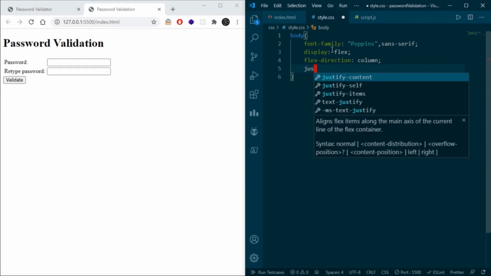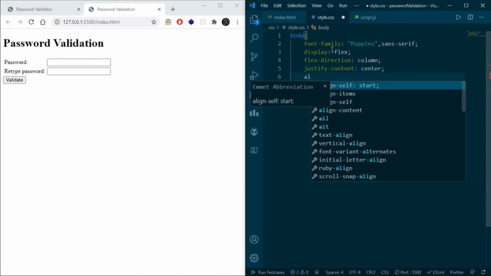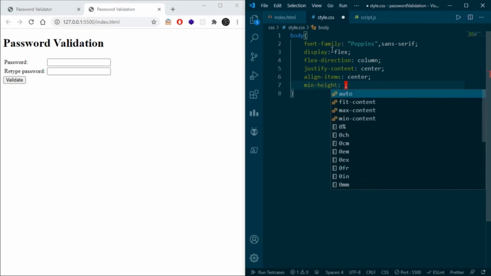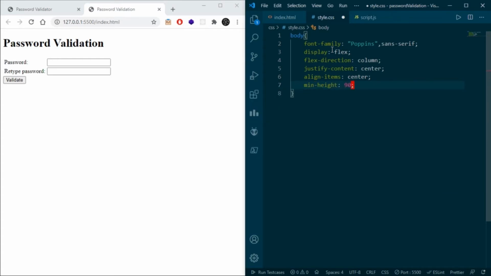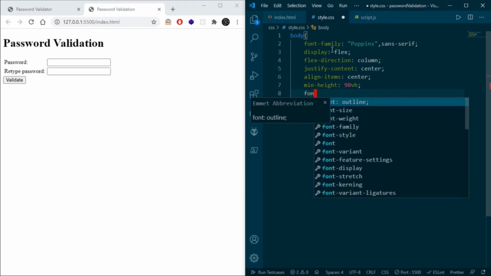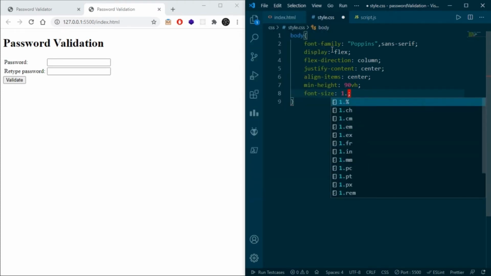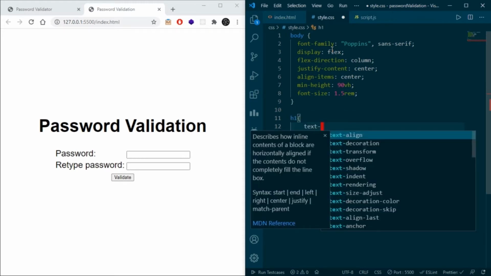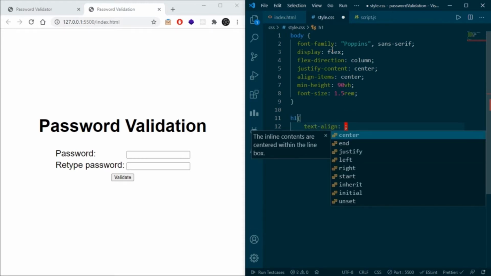I will justify the content in center, align items center, minimum height I will give it as 90 VH and I will give font size as 1.5 rem. So here in the h1 tag I will give text align center.